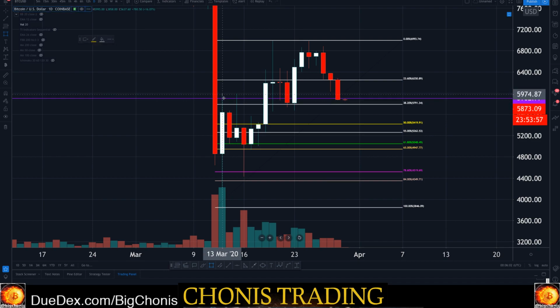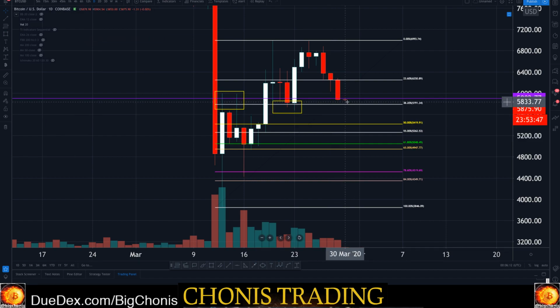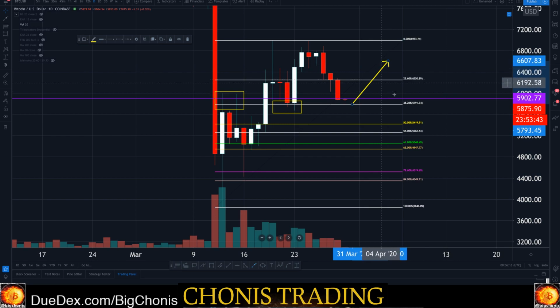You can see over here, right? A couple wicks above, but still it was resistance. And then you can see here we actually found it as support on the same range. So I wouldn't be surprised to at least be able to test this and hold. And a bounce from there would not be crazy, because then we can almost look at this more of